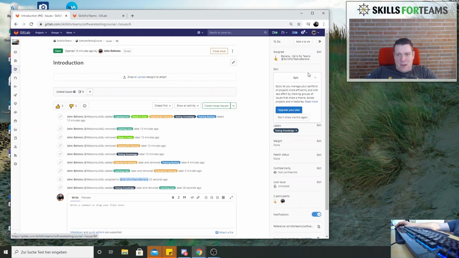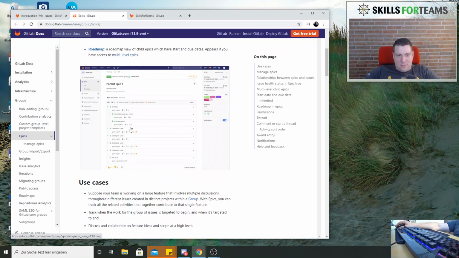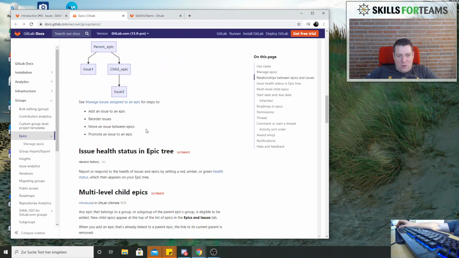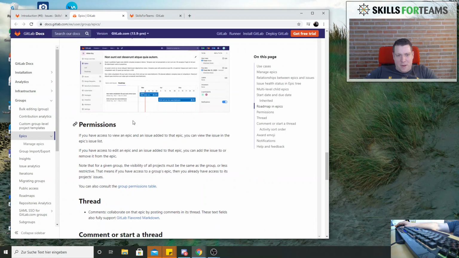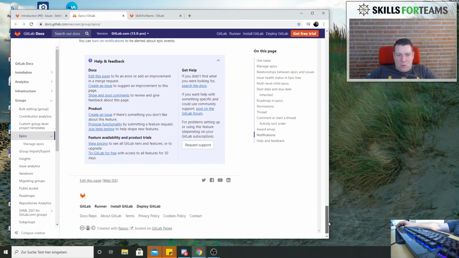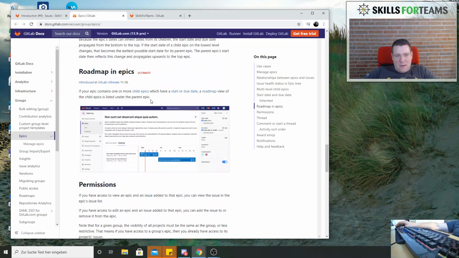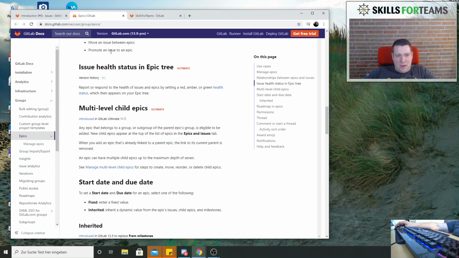If you upgrade the plan, epics are going to apply. You're gonna have epics if you pay more, if you got a bigger plan, multi-level child epics. So you're gonna have a more valuable system, and could do more. I used to work with epics, and I think some overrate it, some don't overrate it. It depends a bit, but it's even possible to have it in a bigger plan,